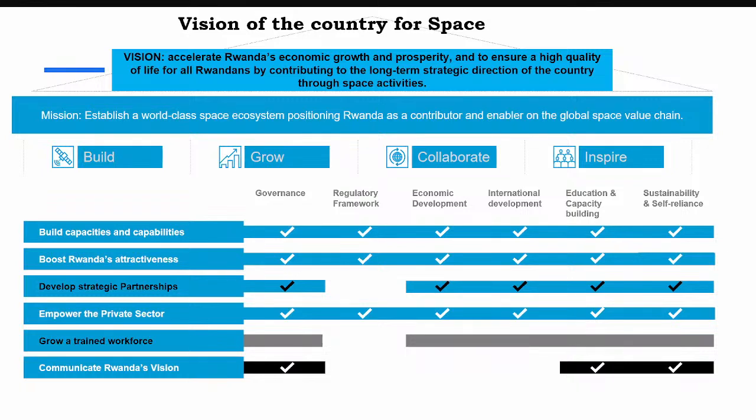This also comes really to enhance the efforts that Rwanda and also other African countries have been going through to enhance the space sector, of course, also including the connectivity aspect of it, really to enhance its development. Rwanda Space Agency, established back in 2020, set up a mission to establish a world-class space ecosystem, positioning Rwanda really to contribute and also to enable the global space value